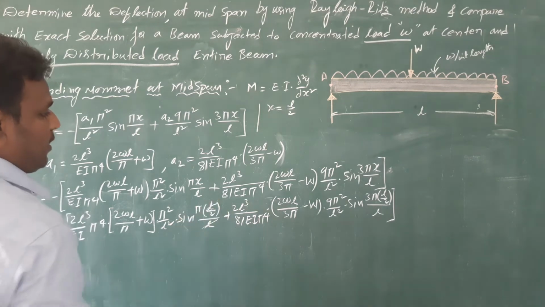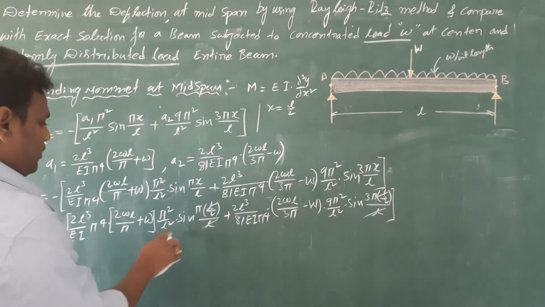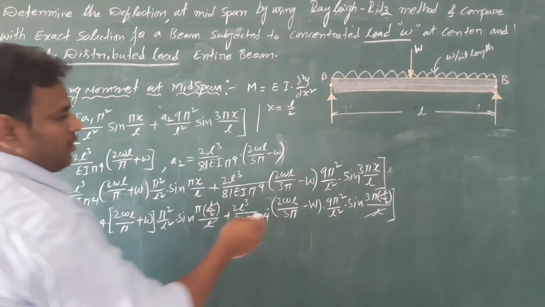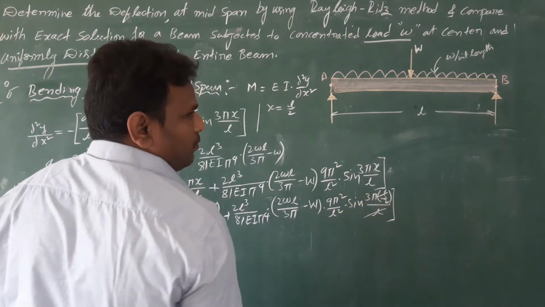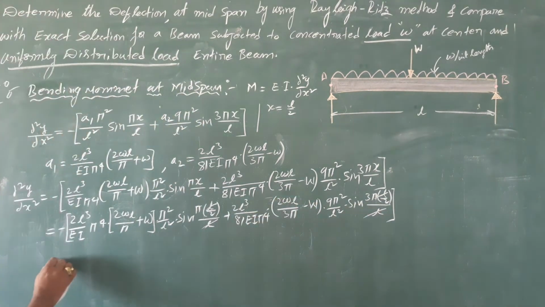Now L and L cancel here, here also L cancel. So remaining is sin pi by 2. Sin pi by 2 value is 1. Here sin 3 pi by 2, sin 3 pi by 2 value is minus 1. Substitute here, then we will get minus